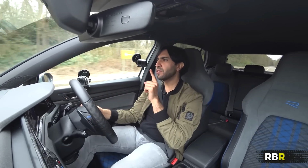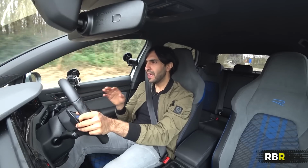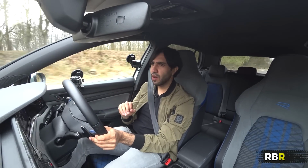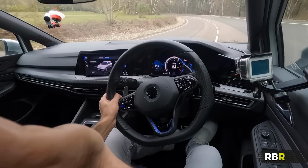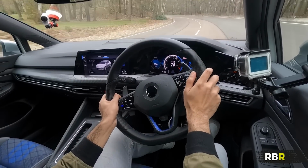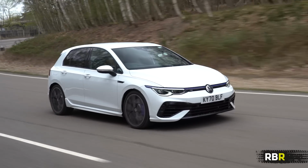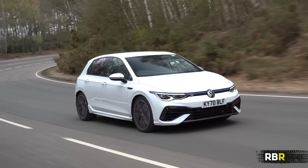What's really annoying though is because you don't have the performance package, regardless of what mode you're in, it will upshift for you. So you cannot hold it at the red line and shift when you want. And if you had the performance package, this wouldn't happen. Look, I'm not shifting, it is. It's another $2,000 on top of this. This is a pretty lightly spec car at about 42, which when you think for a Golf R, it's a lot of money. And then you get drift mode,